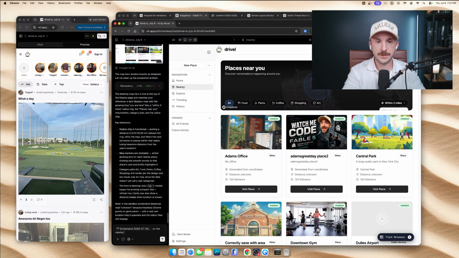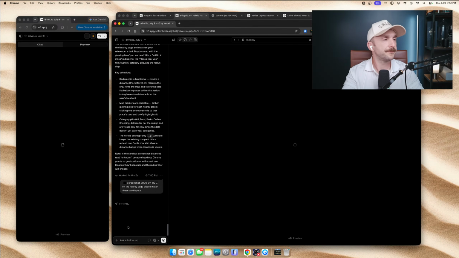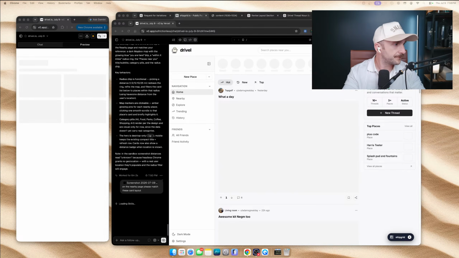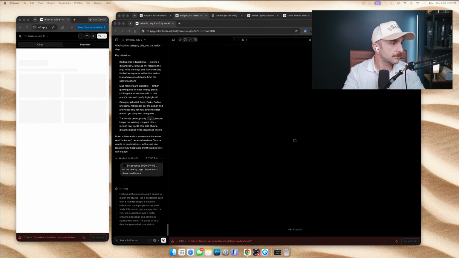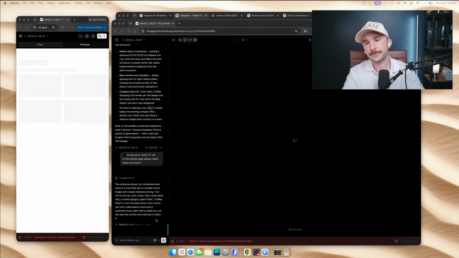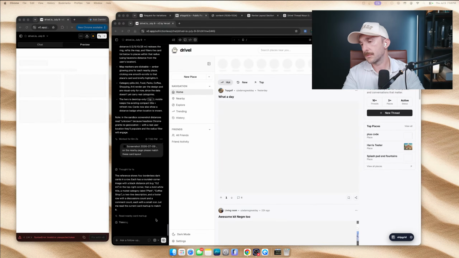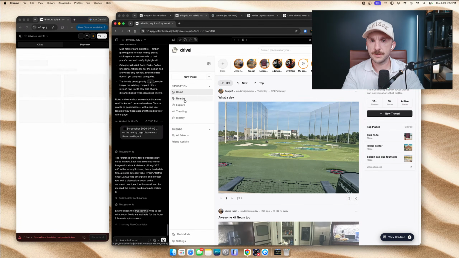On the nearby page, please match these card layouts. So let's go into here.